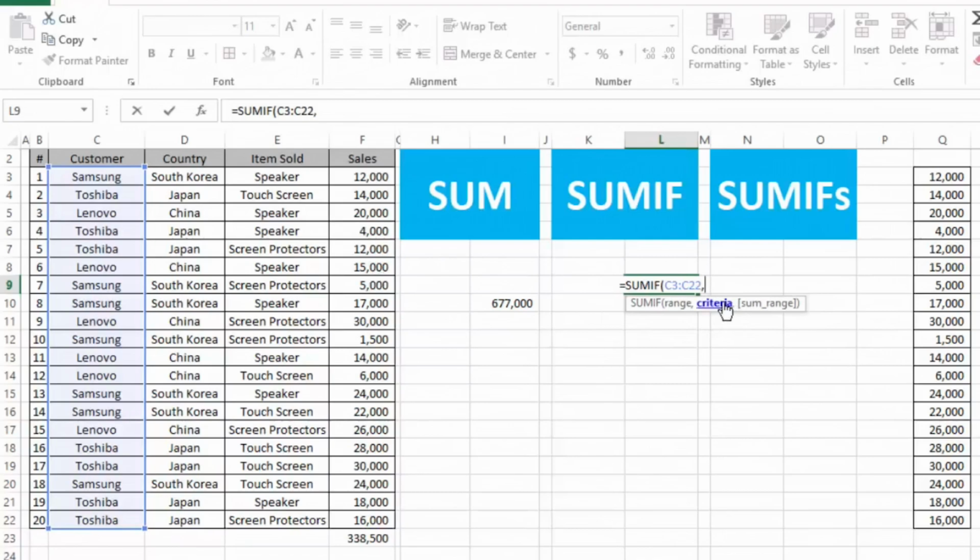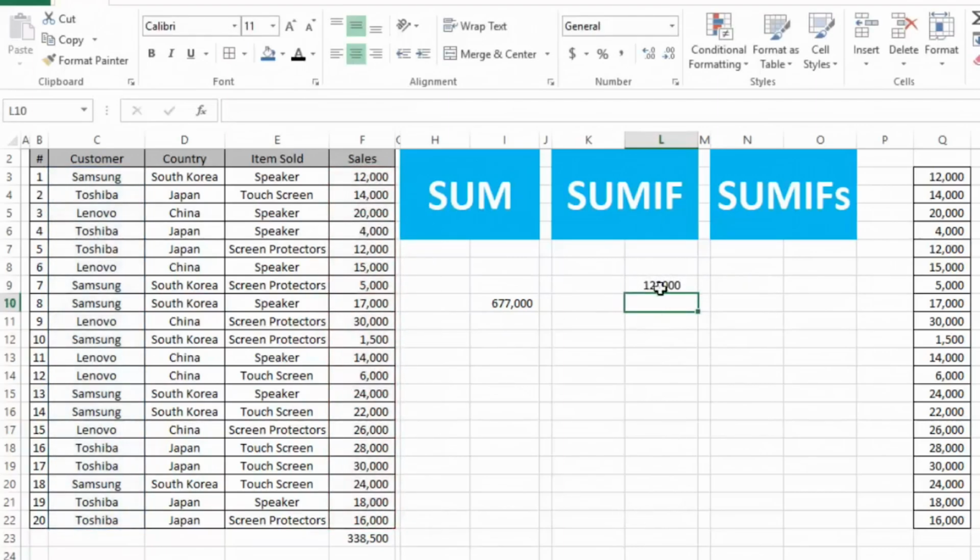As our criteria is Toshiba, that is our customer, we will select the cell in which we have Toshiba, or otherwise we can simply write Toshiba manually inside inverted commas. So Toshiba, and then again insert comma, sum range. This is the range that we want to sum. So we will close the bracket and press enter, and this is the total sales that we have made to our customer Toshiba.